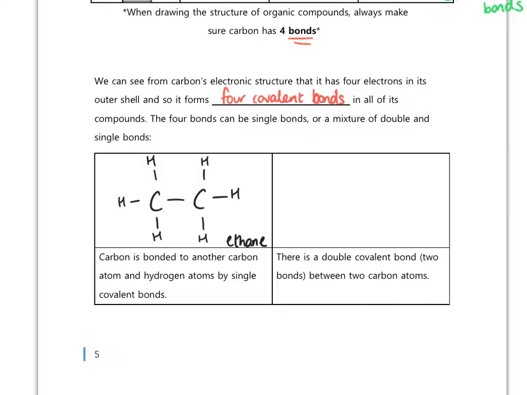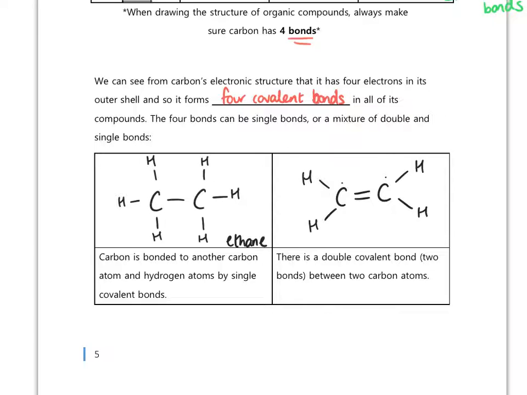I'm then going to show you ethene. So ethene is where instead of a single bond between the 2 carbon atoms, you have a double bond. So that double dash is representing a double bond. Again, remember each carbon atom has to have 4 bonds. So you can see this carbon on the left, if I start with it first of all, it has 2 bonds currently to the other carbon atom, so it needs 2 more. And that's where our hydrogen atoms go. And then the carbon on the right, again, it has 2 bonds currently and it needs 2 more, 1 to each hydrogen atom.